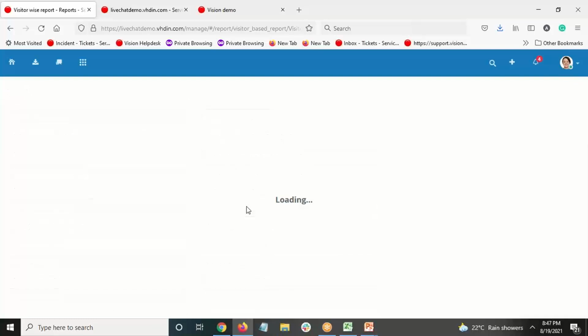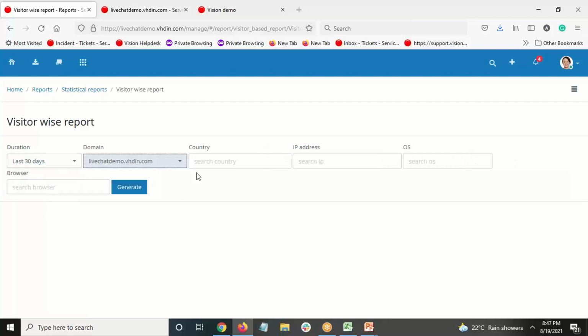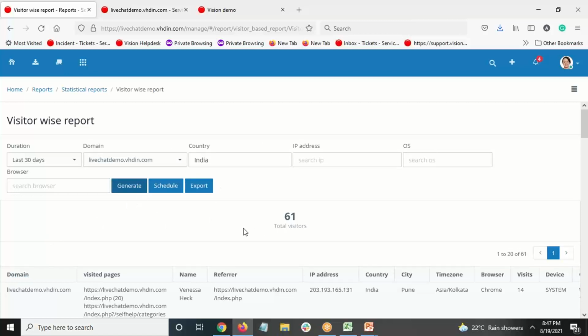Then we have visitor-wise report. So let's suppose if you have started a marketing campaign in any country and you want to see if after the campaign there are visitors coming from that particular country, so you can use this report.